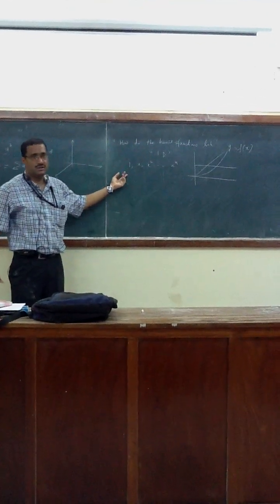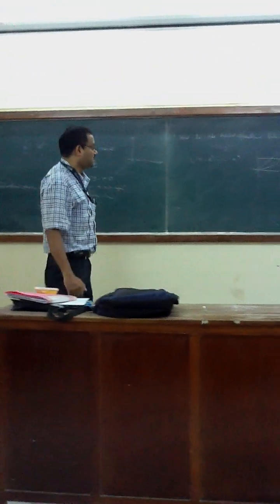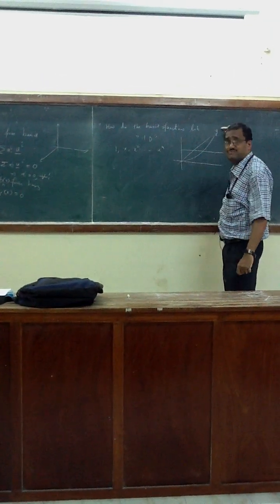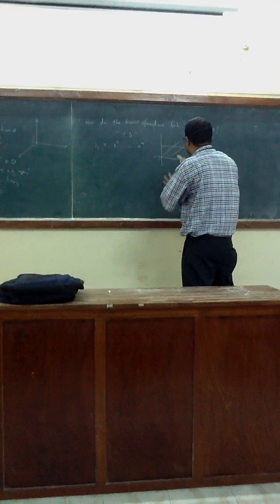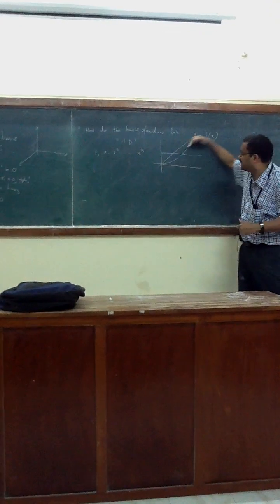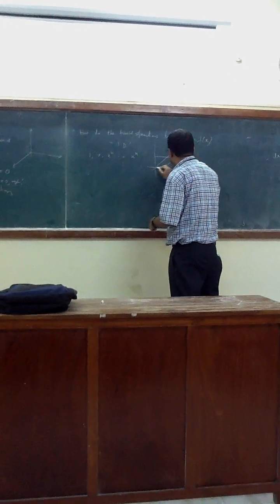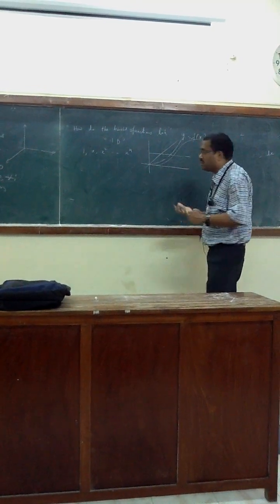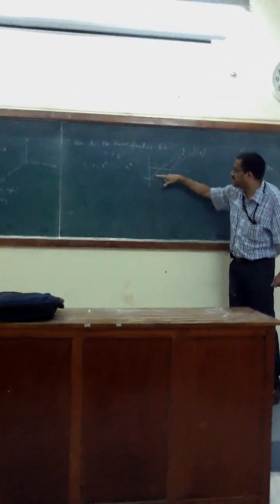So the first one I will put as 1, then x, x square, x to the power. Okay? First one is 1. Whatever the value of x, you are getting 1. Second one is x, y equals x. Next one is x square. So what's the rationale behind this? This is not varying. This is linearly varying. This is quadratically varying. And if it is cubic, then there is a curvature change. So if you have a complicated function, the complicated function has to be built from the constant function, the linearly varying function, then you are changing curvature. For cubic,